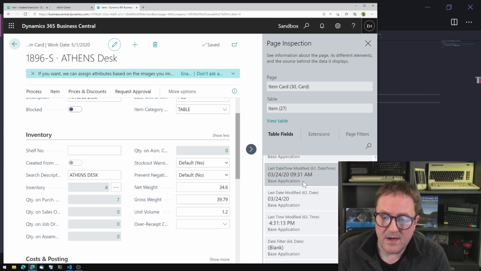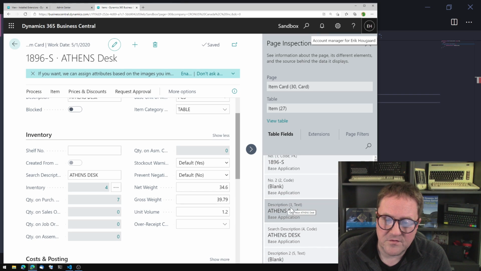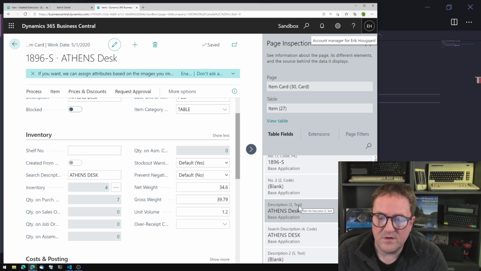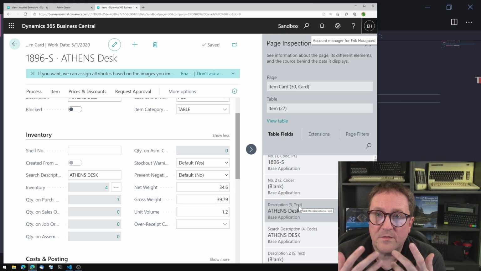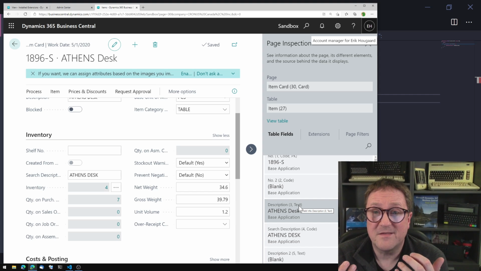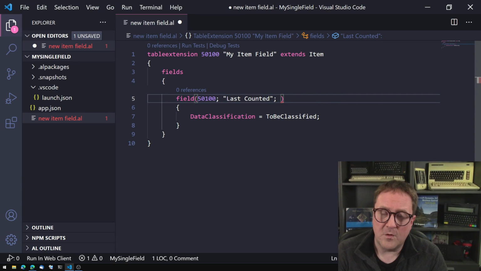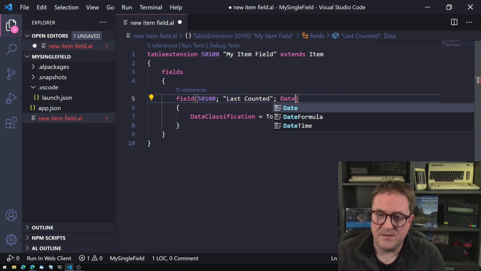If we go back up and look at code, which is kind of a text. So the item number is a code and the description is a text. So there's two different text fields, one called code and the other one is called text. Code is always uppercase and is used for codes. Otherwise it's text. So if what we want to do is simply do date,